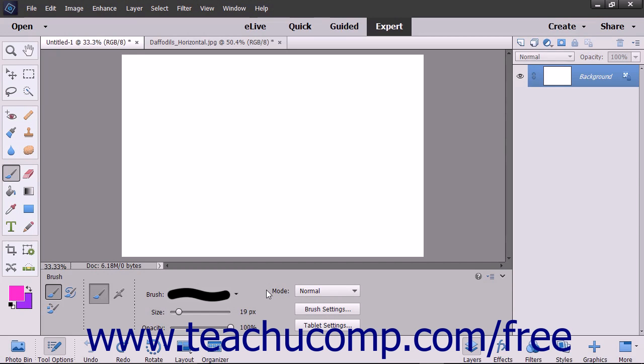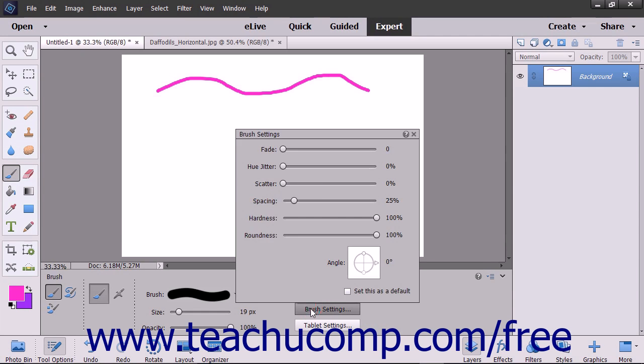www.teachucomp.com/free. You can access the Shape Dynamics settings by clicking the Brush Settings button in the Tool Options bar after selecting the brush tool in the toolbox. Generally speaking, the term Shape Dynamics refers to the settings that control the variance of brush marks within a brush stroke. Each control can be adjusted by using the slider or by typing a value into the box to the